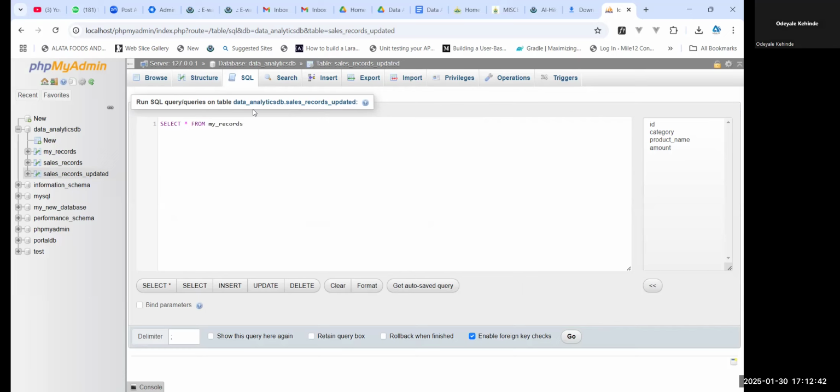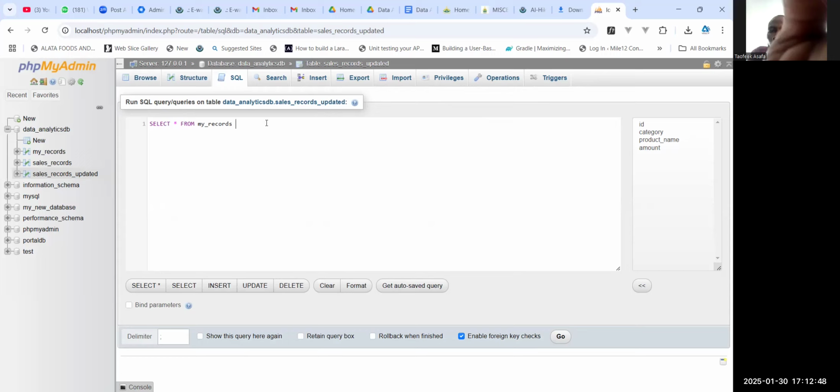So my records inner join the second table, which is sales records updated, on my records